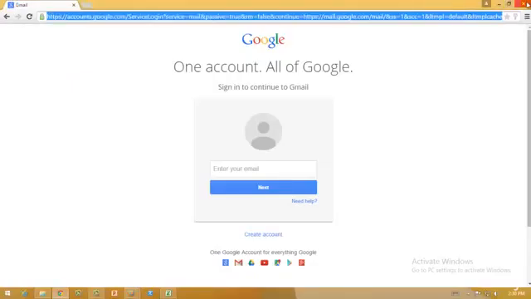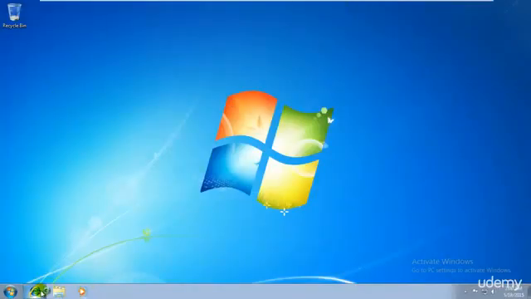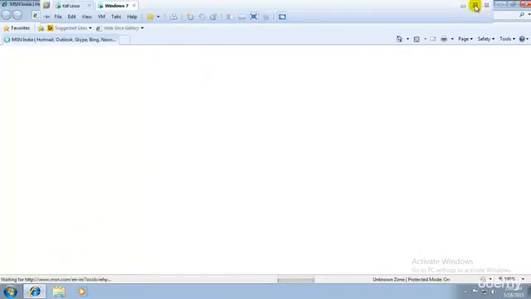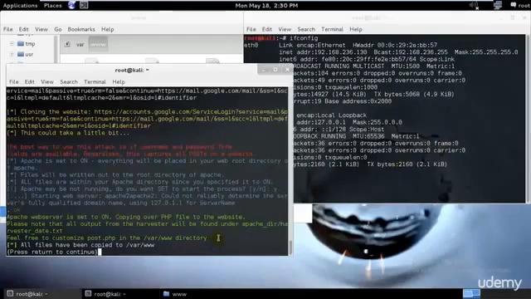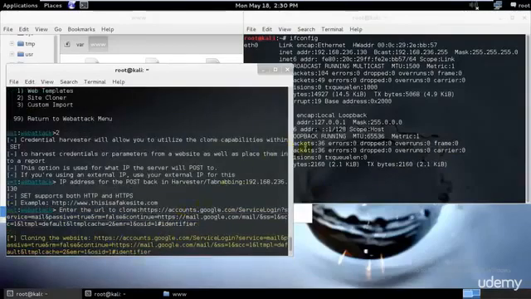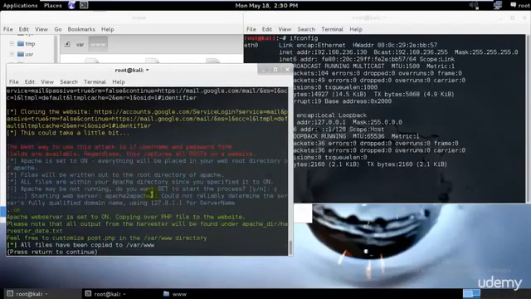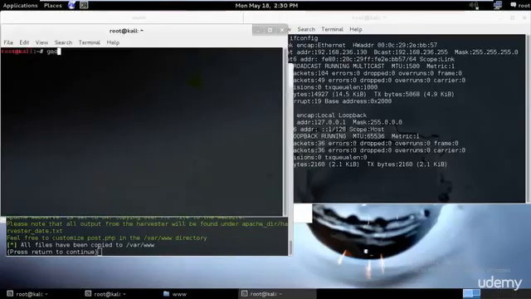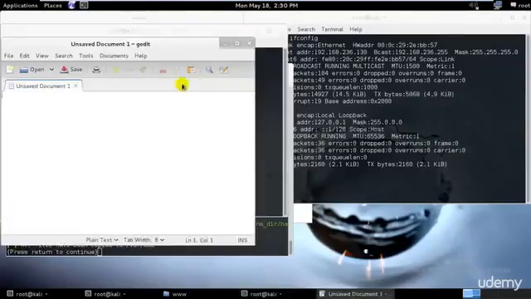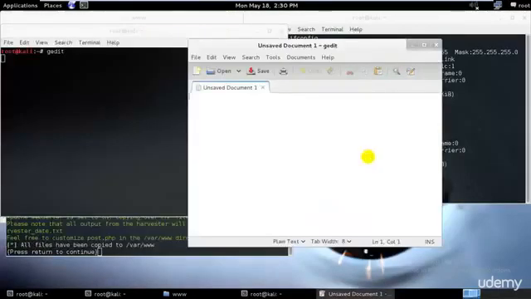Let's assume this is our target computer. I'll just open the email ID, and what we would be doing is that we need to send this specific email, let me open that. We need to send this specific IP address to the person whom we want to attack. So what I would normally do is go ahead and open GEDIT. Let's check if I have installed that. Perfect. And I'll type, let's say, dear user, whatever the name of the person would be, and I'll just go